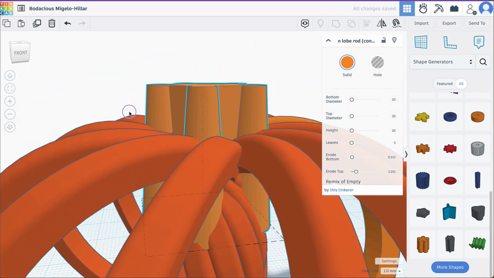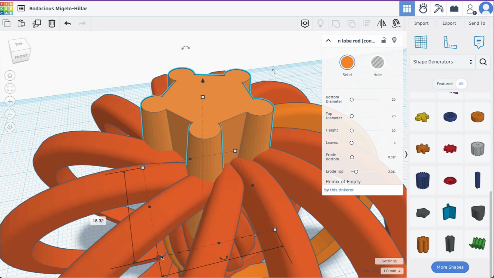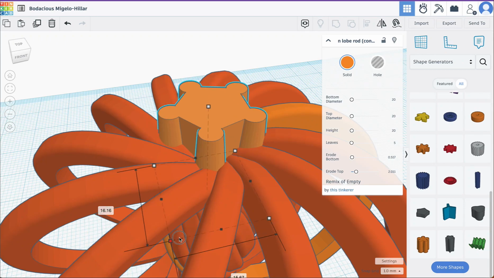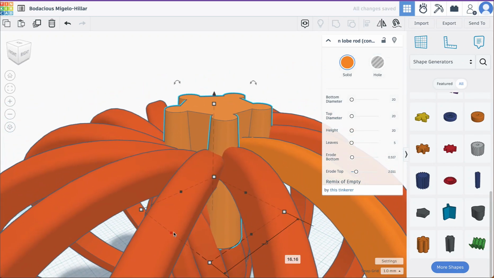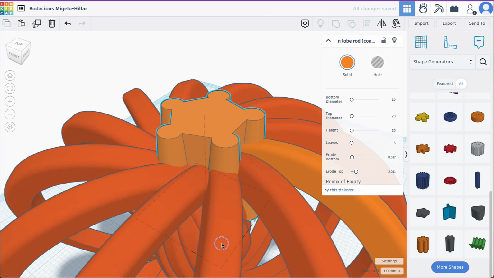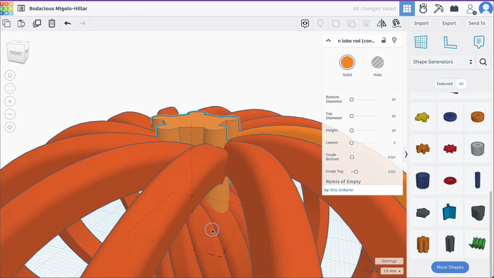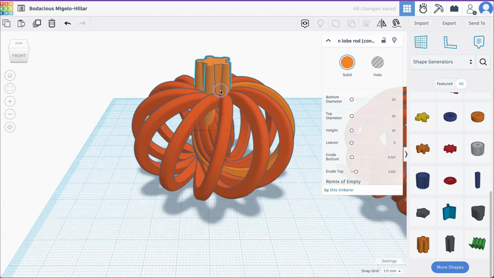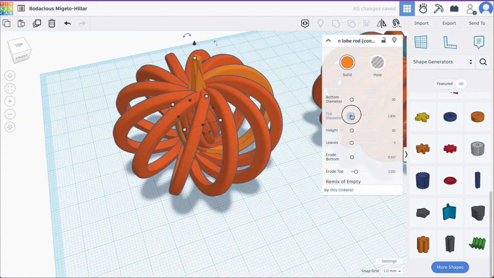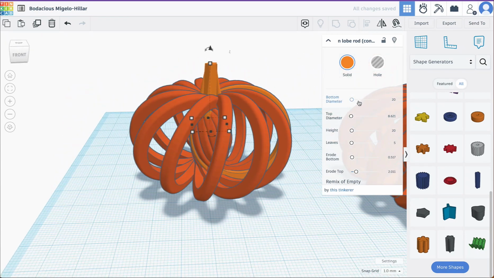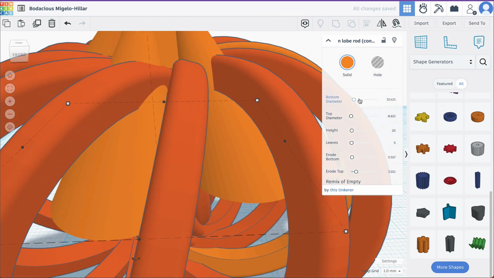So what I'm picturing this as is like the certain particular pumpkins that have the really rigid stems, the ones that have a lot of... and here you can change the top diameter. So here you could get the diameter so small it kind of overlaps it. Bottom diameter I'm also going to make a little bit smaller because